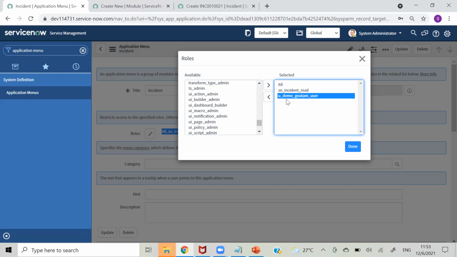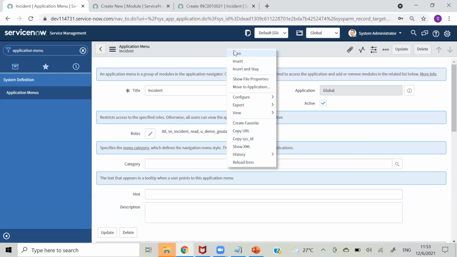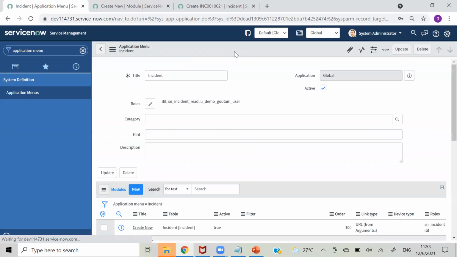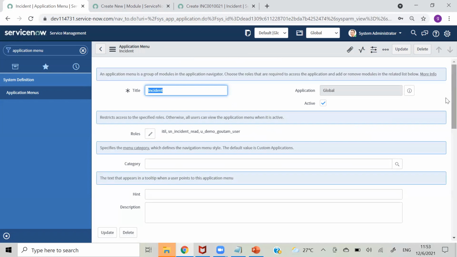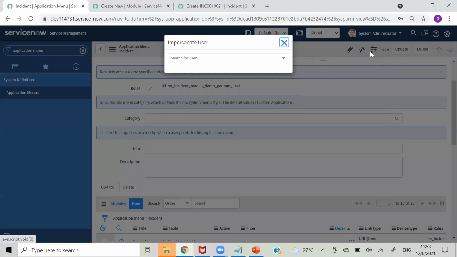So all the people with this role also will be able to see incident. Going to that and save. I'm not sure if they will see modules or not, but they will be able to see incident as an application. Sorry, going to Able Tutor.